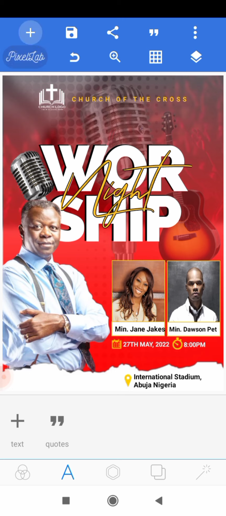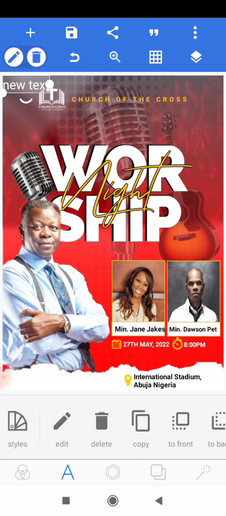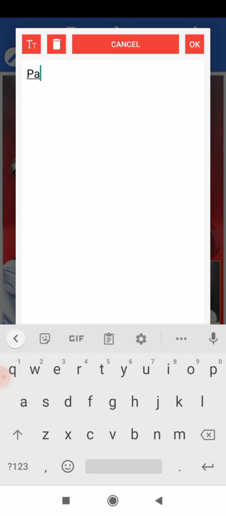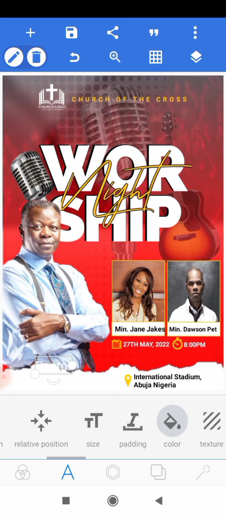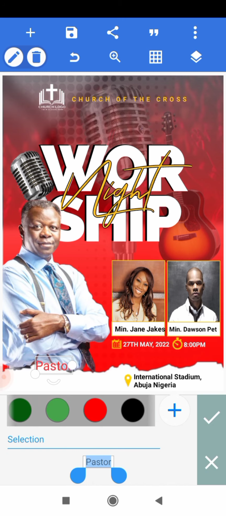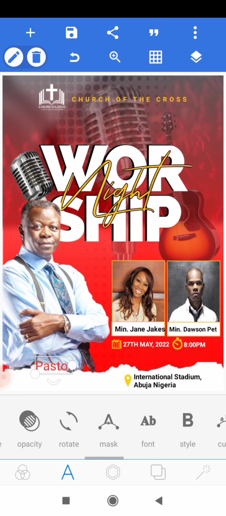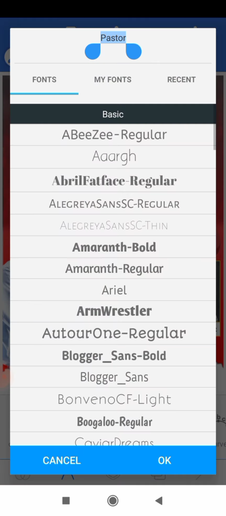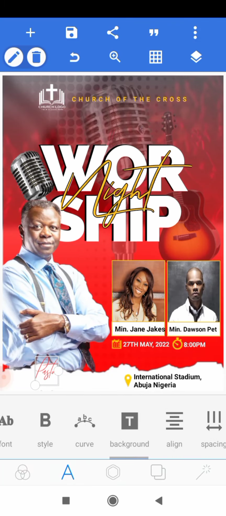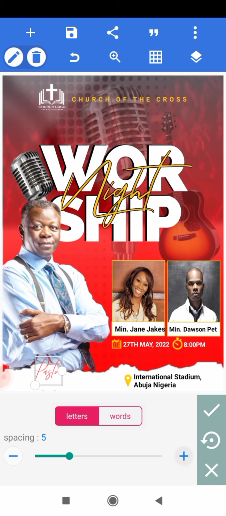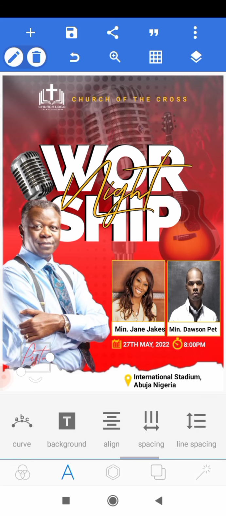So the last thing we'll be adding is the name of the pastor. So we'll head onto the plus icon here, and we'll add a text, and then I'll bring it down, and I'll select, and I'll type pastor, and I'll click on OK, and then I'll change the color to a red, and then I will change the font to this Tuesday night. So I'll click on OK, and then I'll increase the word spacing like this, and then I'll place it somewhere here. So I'll add his other name,